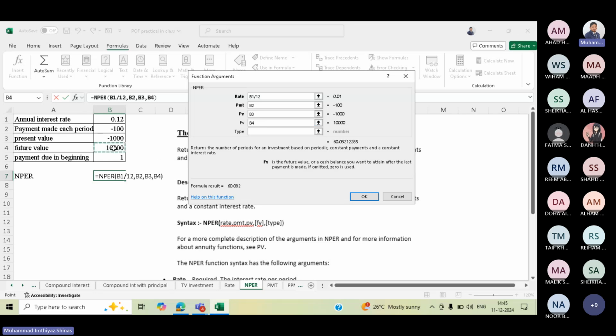Select the future value. Now next is type. Type is payment due in the beginning of the month. So I'm selecting B5. It means 1. You see, it is coming automatically 1. What is the meaning of 1? You see, it is a logical value, payment at the beginning of the period. That is why, see, it is coming 1. Clear? Sometimes we give it in the question, you put it here. If we don't give, leave it blank. No problem. No need to ask anyone. So if you hit OK, you will get